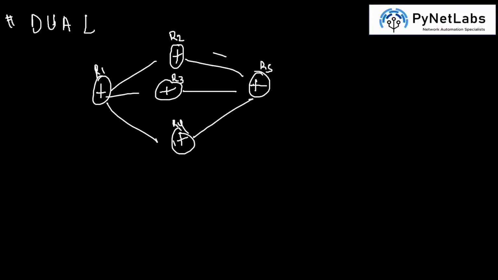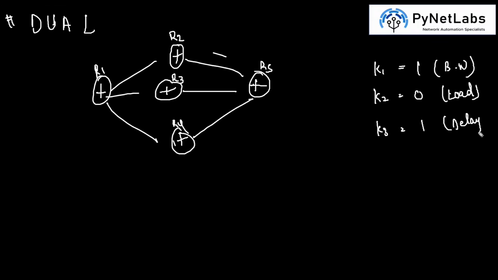K values, okay. So I'm repeating myself. We have K1 for bandwidth, which is 1. I want you to keep a note of this now. We have K1 as 1 and it is there for bandwidth. Then we have K2 as 0 for load. Then we have K3 as 1 for delay. Then K4 as 0,